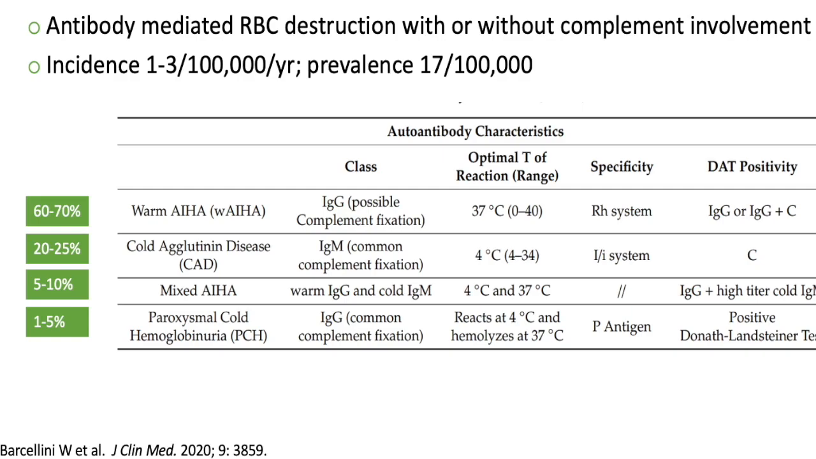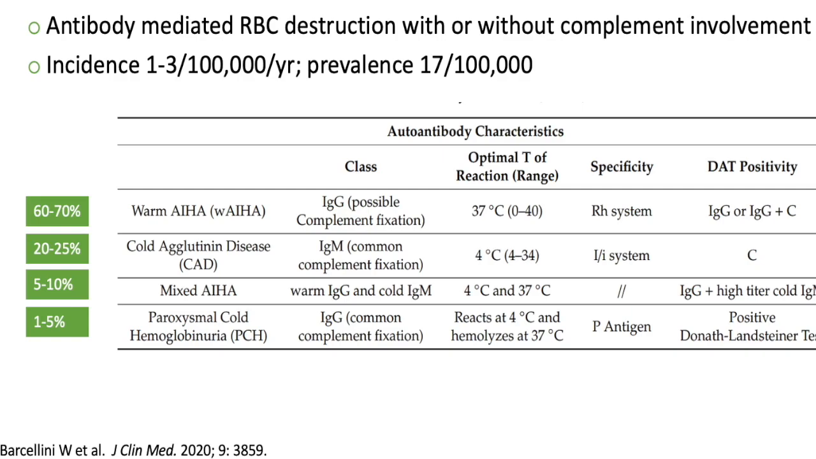Finally, the least common subtype of autoimmune hemolytic anemia is paroxysmal cold hemoglobinuria. Here, the antibody is IgG, which is able to fix complement and bind to the red cells at 4 degrees centigrade, with hemolysis at core body temperature, 37 degrees centigrade. The antibody is directed against the P antigen, and the test to diagnose it is called the Donath-Landsteiner test. This is predominantly seen in children in the setting